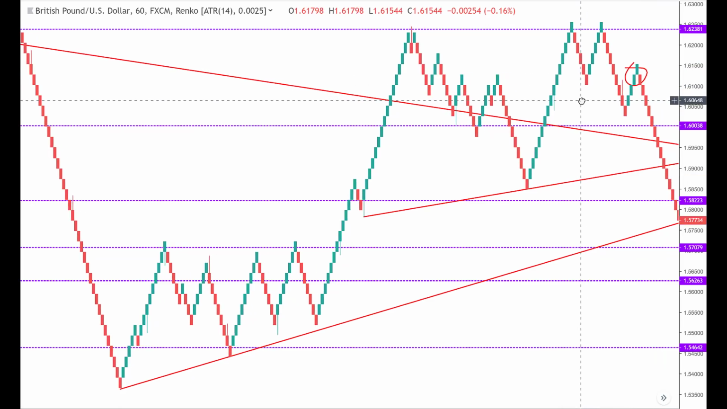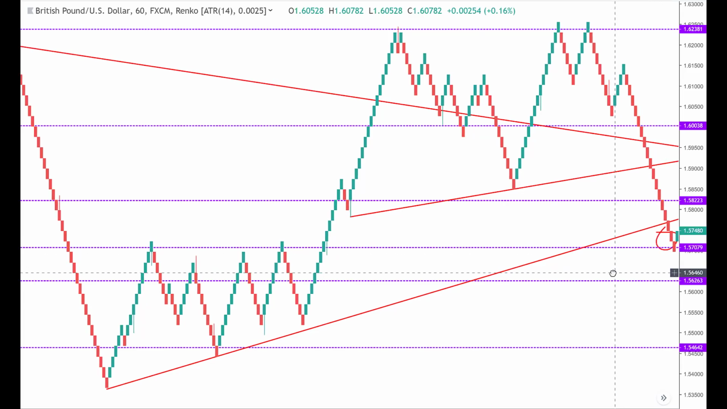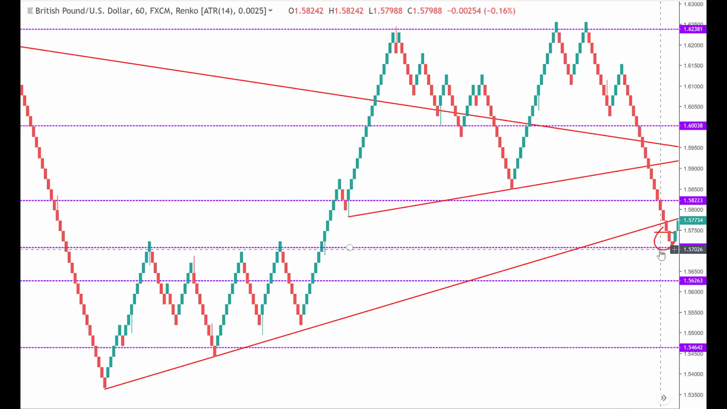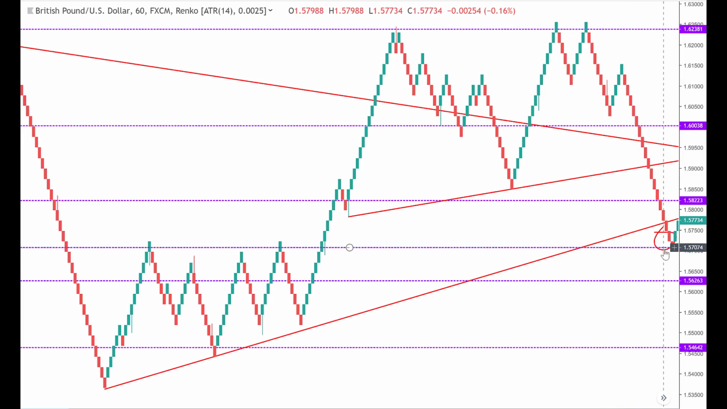And then it's descending into the depths of madness here. You can see red candles printing all along our screen as we go down. And there we got red candles, red candles as we go down. It hits a level of support, prints a green candle, and we buy. Our targets become